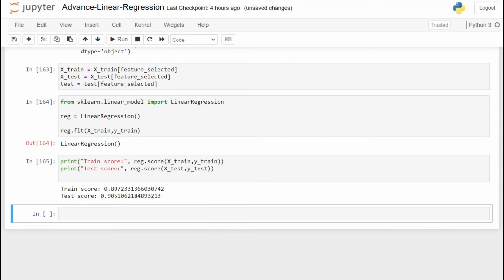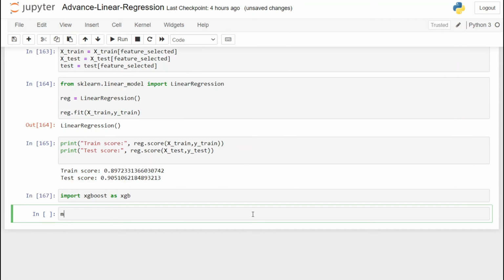So as of now, I am going to build another regression model which is very advanced in nature, and you can read about it on internet. So we are going to build XGBoost regression model. So first, to use this model, you need to install this, and that can be done using pip install xgboost in your terminal. And if you face any problem, just Google it, you can find the solution easily. Since it's already installed in my machine, I'm just going to import it. So I'm going to call import xgboost as xgb.